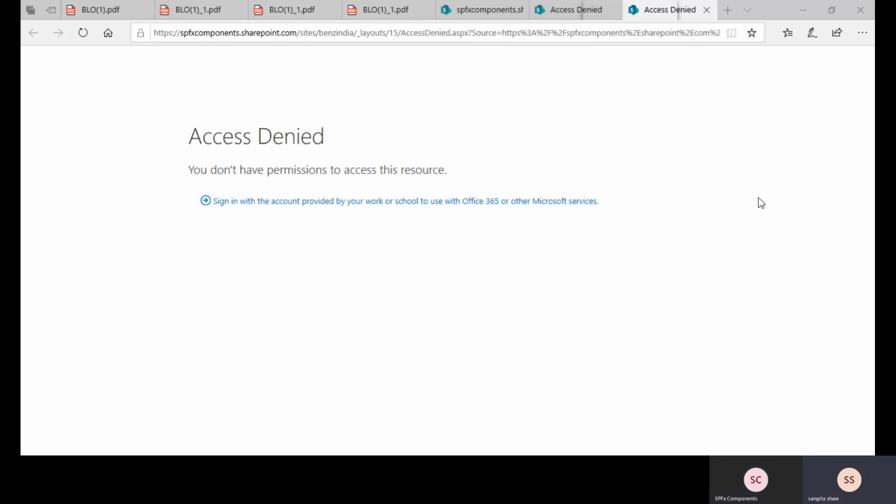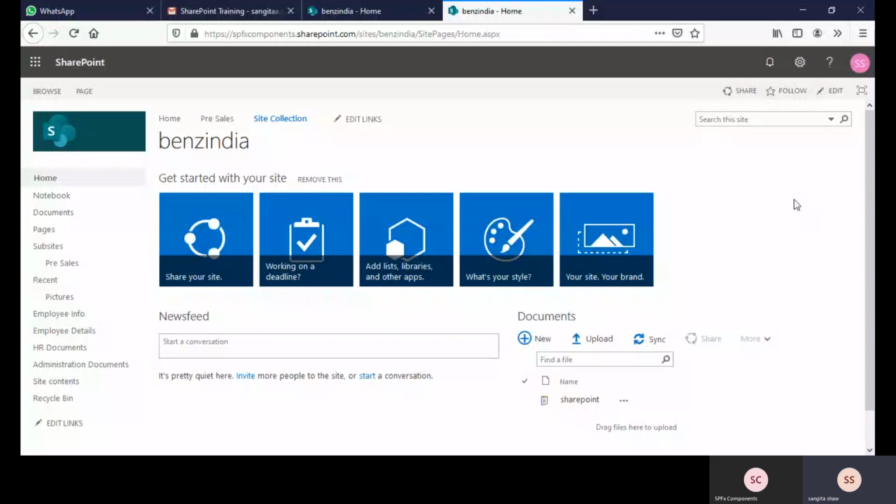Can you see my screen now? No, I'm seeing an access denied page. Okay, one second. I think you have to share the entire desktop. Now you are able to see. Go to the library which we have, administration documents.